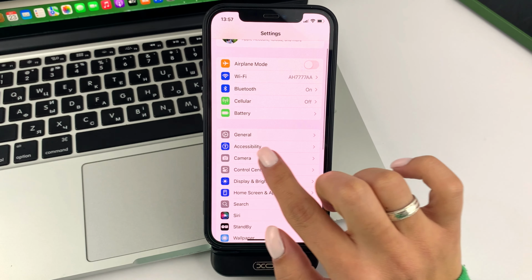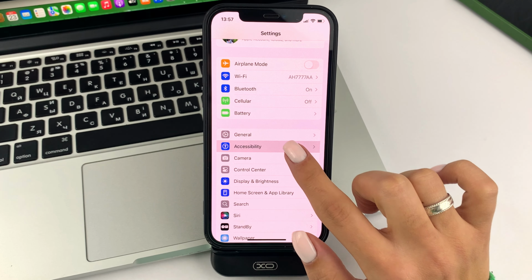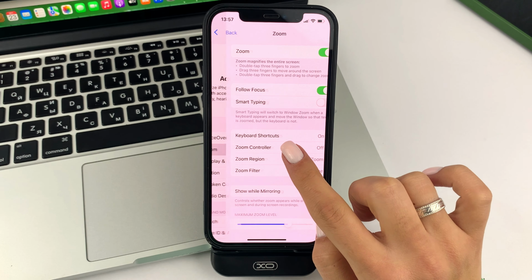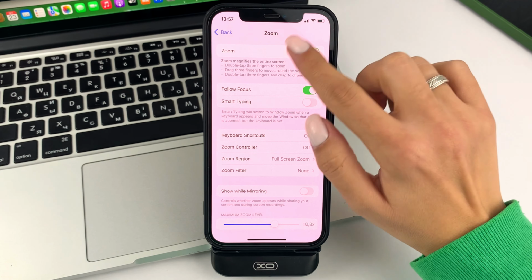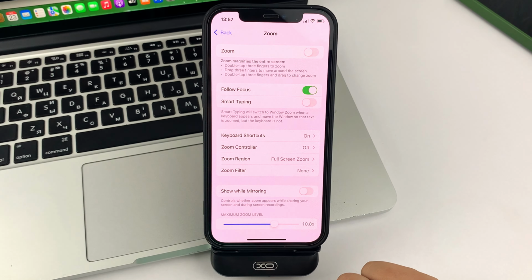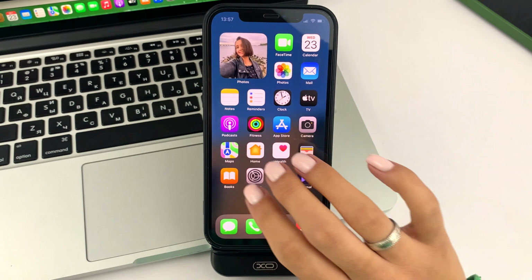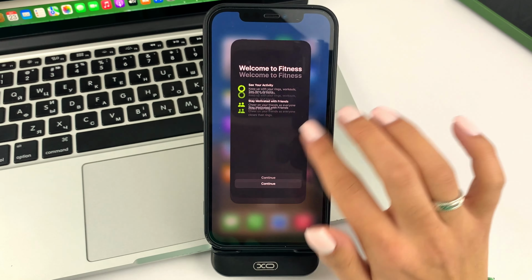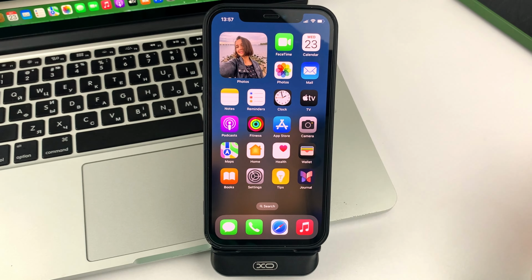Then here, select this option, and this is where you'll find zoom. Go to it, and to turn it off, just click on this button at the top. And then, friends, when you go back and try it again, let's say you want to zoom in somehow. As you can see, you can't do that because the option is now disabled. And 3-finger tapping will no longer work on your iPhone. This is the method, friends, you can easily disable the zoom function on your iPhone.